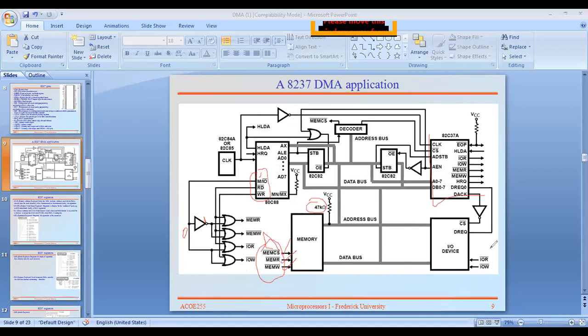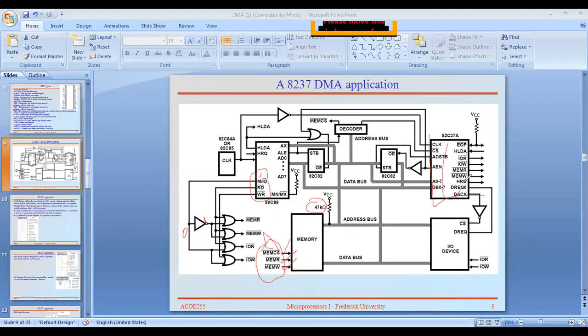Similarly, an IO device has IO read and IO write, and contains address and data buses. Understand? Is it clear? All the controls are available here.